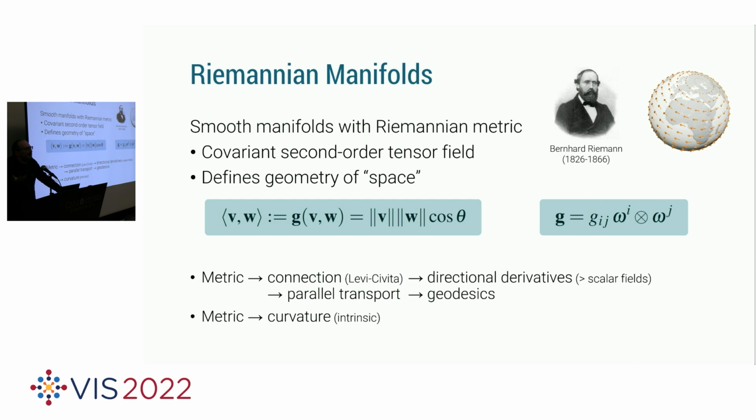So this has many applications. It sounds quite simple, I guess. We have an inner product, like a dot product, and so on. But from that, you can immediately derive what's called a connection. We'll specifically look at metric connections, connections that are compatible with the metric. The most important one is the Levi-Civita connection that's uniquely defined as soon as the metric is given. And from that, we can